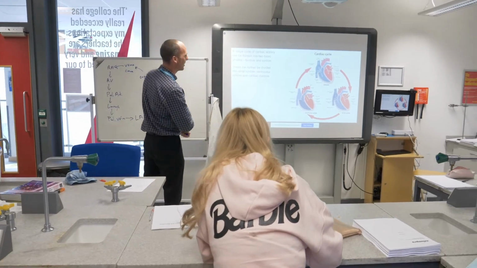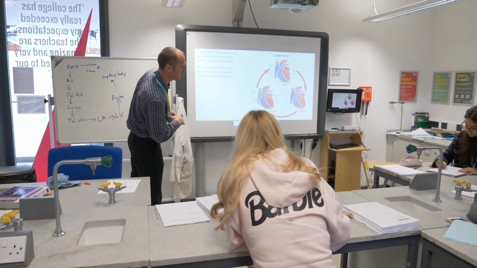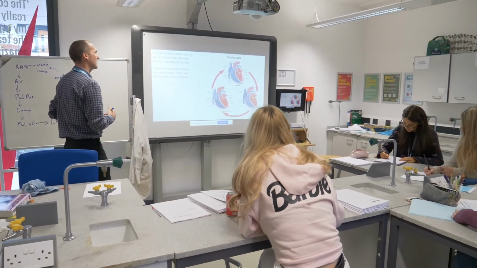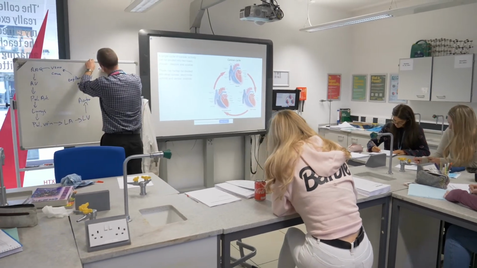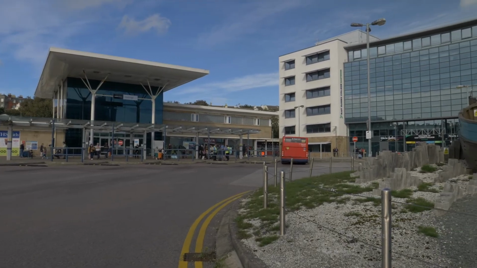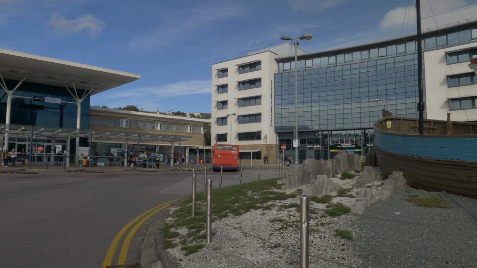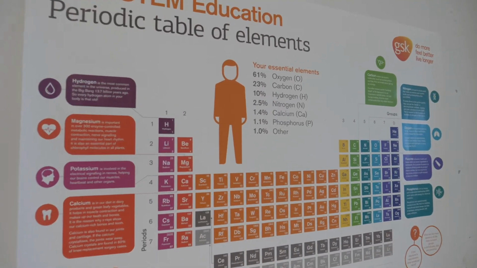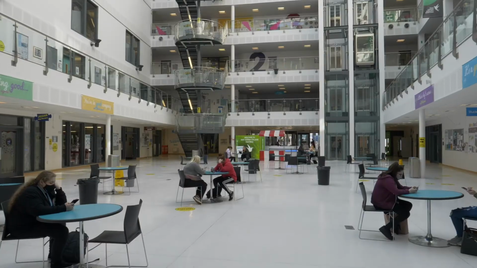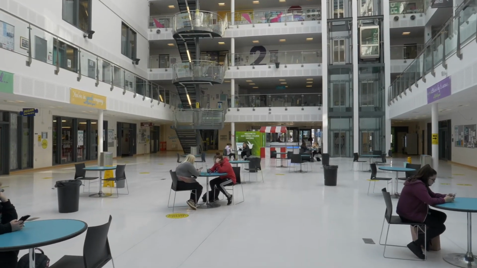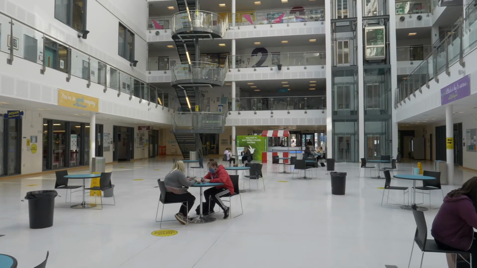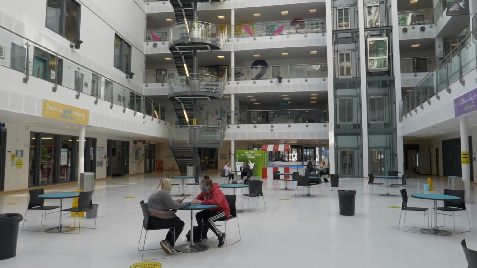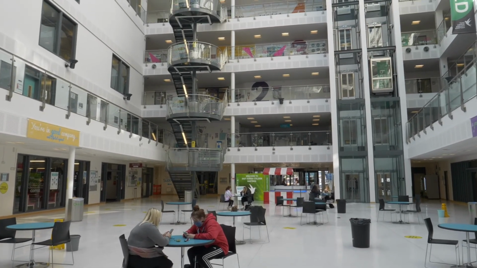Most of the students, when they study physics, choose physics with maths and chemistry. If they have a clear idea of what they want to do after their A-levels, then some of the students go with maths, physics and biology. For example, if you want to become a clinical scientist or a medical physicist, then physics and biology is a very good combination.